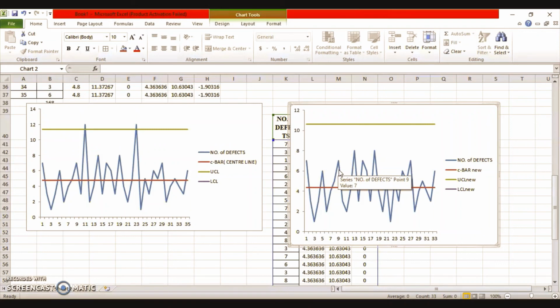So from this revised C chart, we can observe that there is no point lying outside the control limits, and finally it indicates that the process is under statistical control with respect to the number of defects that have been given in the problem. So I hope now the concept of construction of revised C chart has been clear to you,